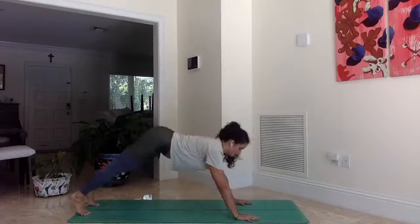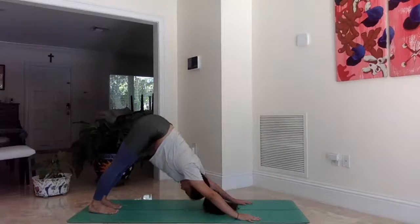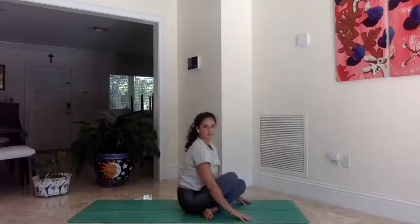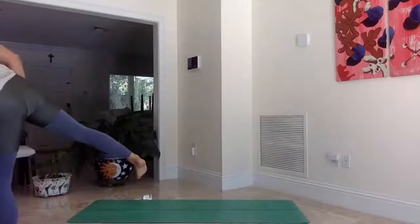Exhale, downward facing dog. Okay, inhale, jump through to seated. And since I'm kind of on that core tip, we're gonna do some core. I'm gonna check the time. All right,